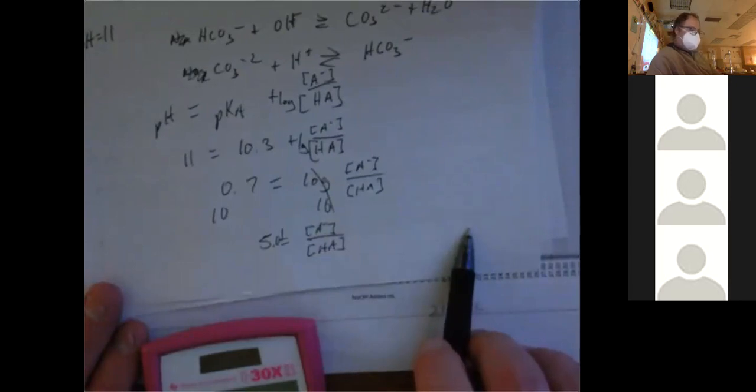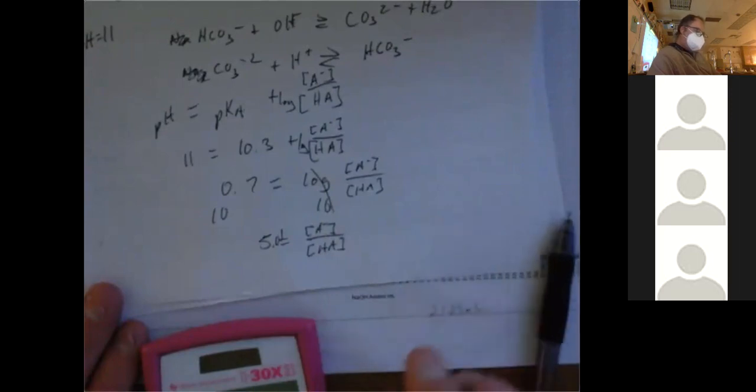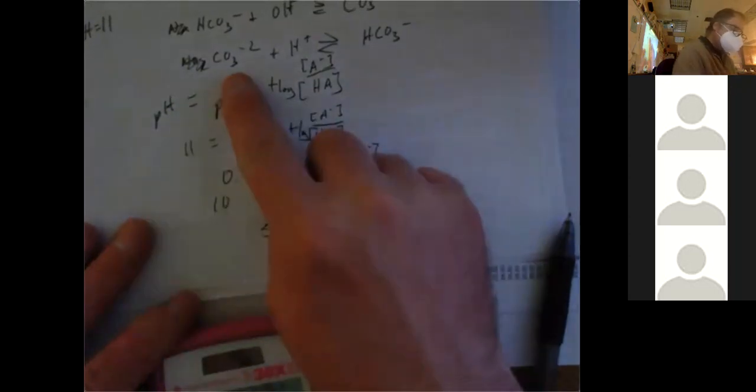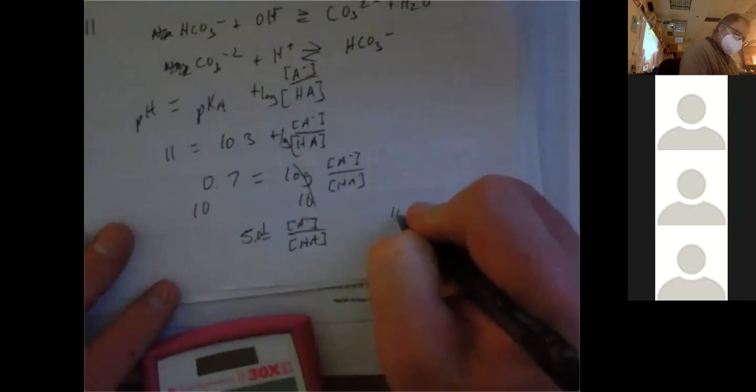Well, the top is the sodium carbonate, 22.99 plus 12 times 2 plus 12.01 plus 16 times 3 is 105.99. That means that if I had a 5 molar solution,